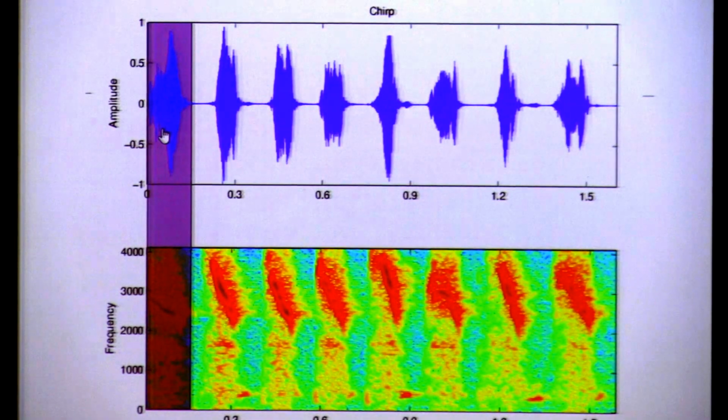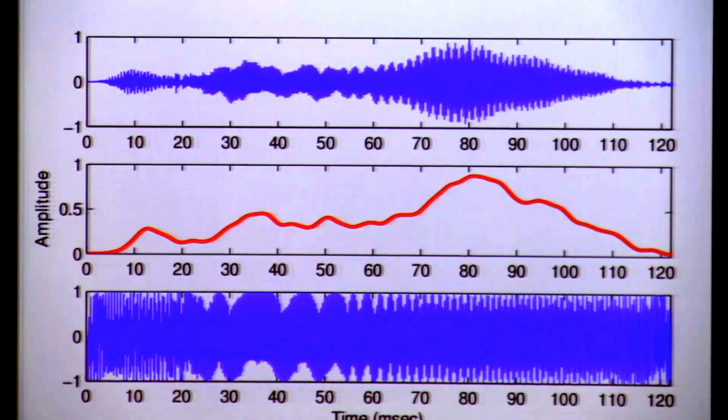So if we take this sound, you can break it down just a little bit. On the top is the original signal of the bird chirp, and in the middle you see this is the envelope. It follows the outline of that original signal, and on the bottom is the temporal fine structure. It's fast fluctuating and fills in all the